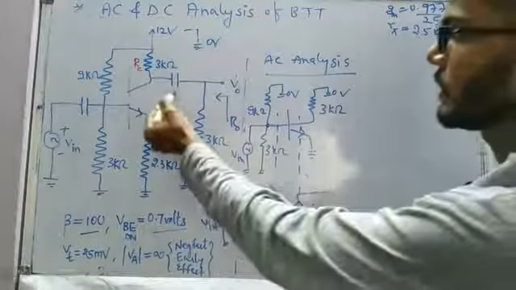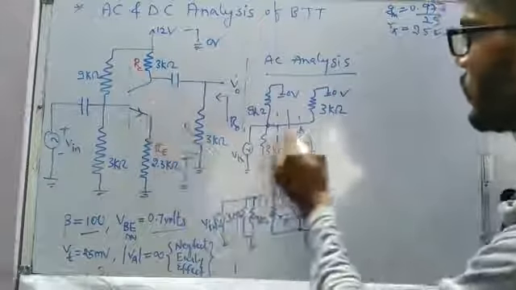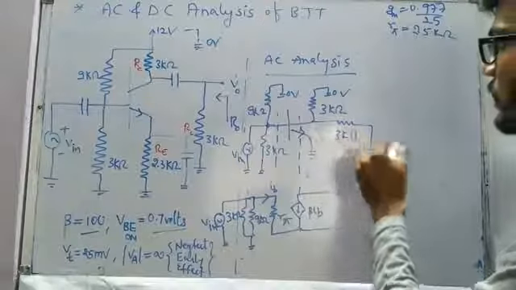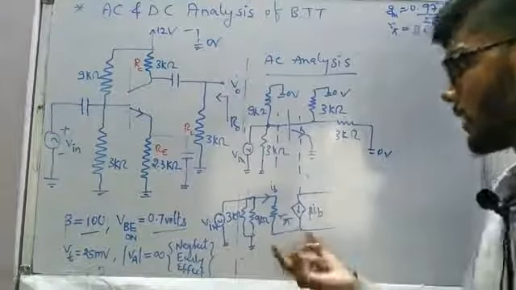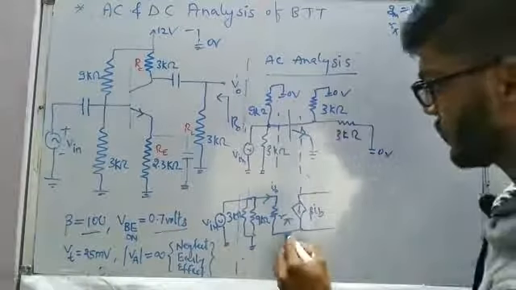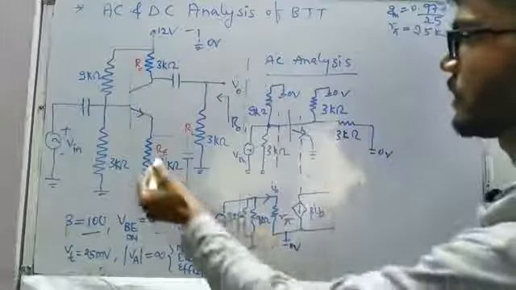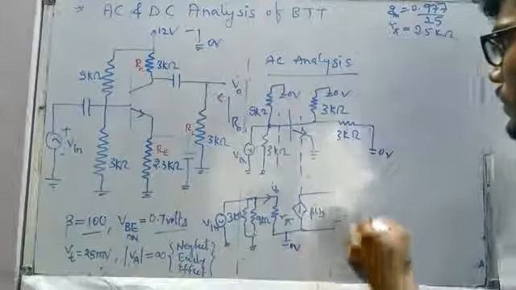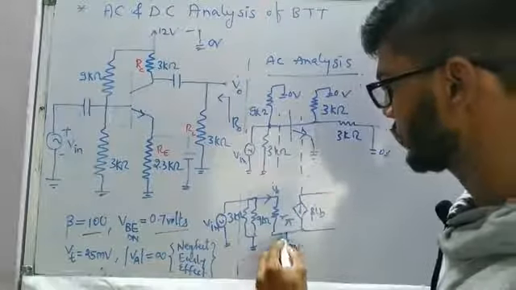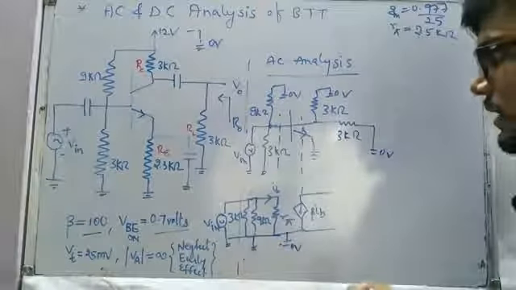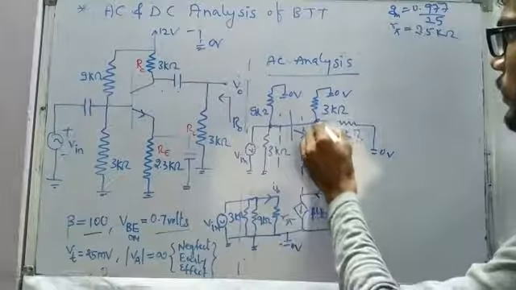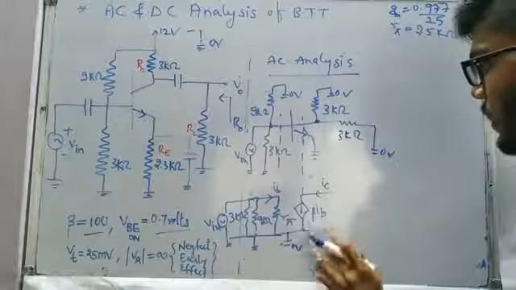Also here this capacitor is getting short circuited, so this 3 kilo ohm we were also missing, at 0 volt. So this is 3 kilo ohm now. And now the AC equivalent circuit of the BJT is the pi model, and this base is grounded because this particular capacitor is going to get short circuited, so the base is going to be grounded. So these all 3 points are at 0 volt, so we can treat them as connected virtually. And now this is going to be the collector current, and at the collector point 3 kilo ohms are going to come in parallel.